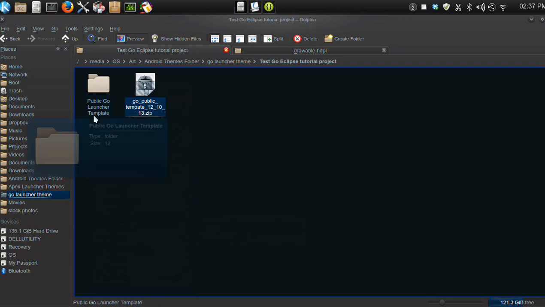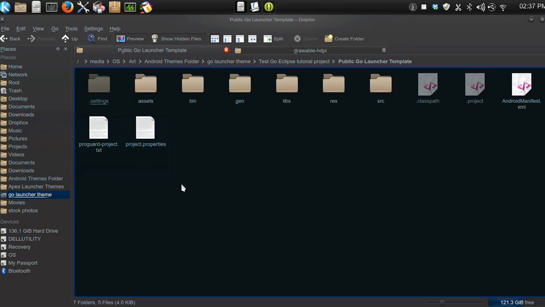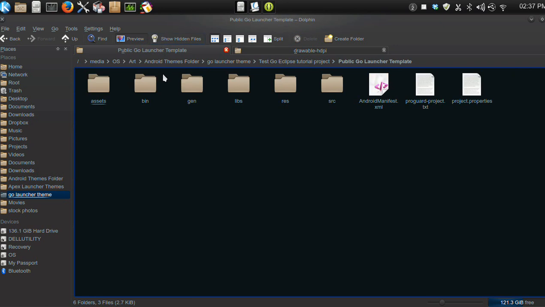Now the next thing we're going to do is open it. I always like to do this before I put a project into Eclipse, but it's not really necessary, and I'm going to show you it's not necessary, and we're just going to go right into Eclipse. So we're ready to